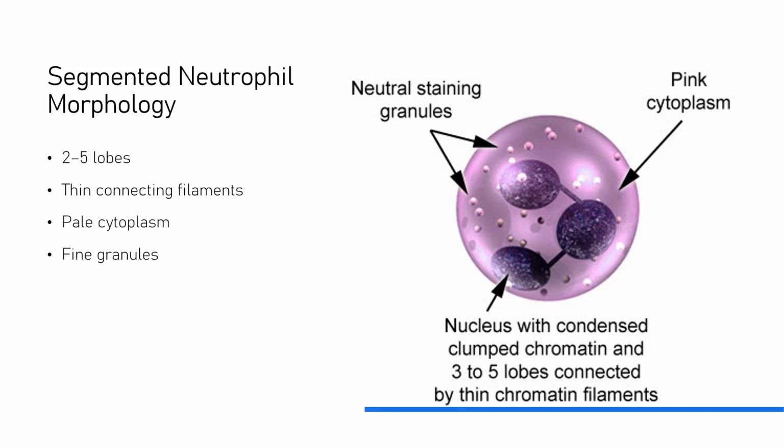Another important feature is the cytoplasm, which tends to appear pale pink or neutral in color. This is why neutrophils are called neutrophils. Their cytoplasmic granules stain relatively neutrally compared to other granulocytes. Inside the cytoplasm are fine, barely visible granules. These granules contain enzymes such as lysozyme, defensins, and myeloperoxidase, which play key roles in destroying bacteria and other pathogens once they've been engulfed. When identifying neutrophils on a smear, the combination of segmented nucleus, pale cytoplasm, and fine granules